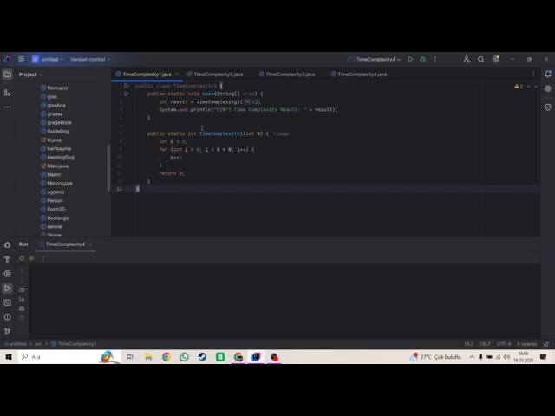Here's a breakdown of how it works. It starts by initializing variable result to 0. This variable is used to accumulate the sum of certain values,